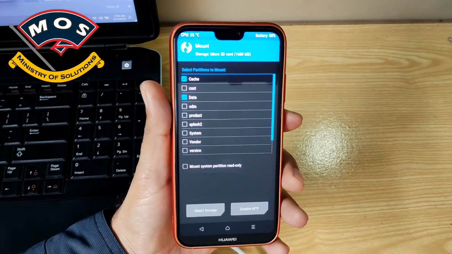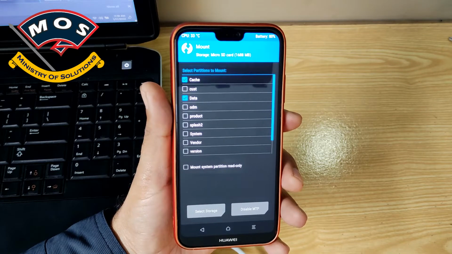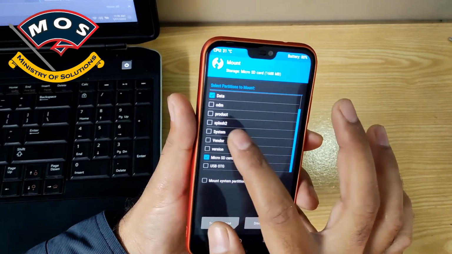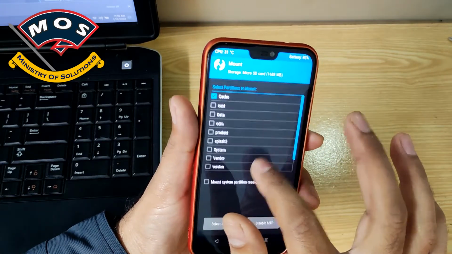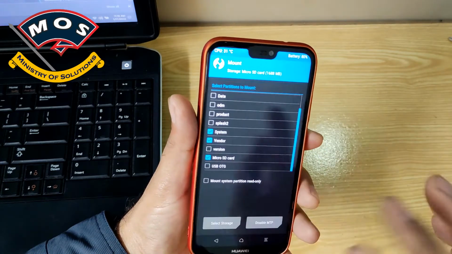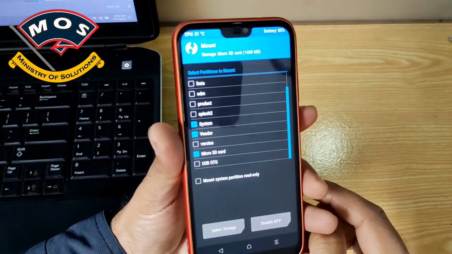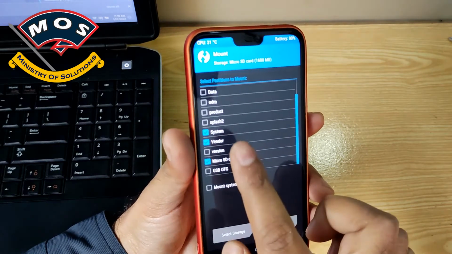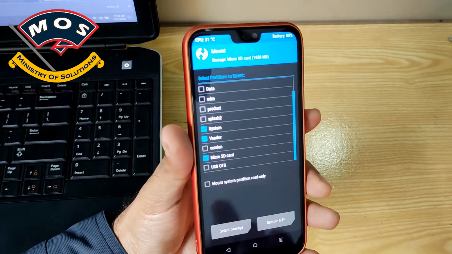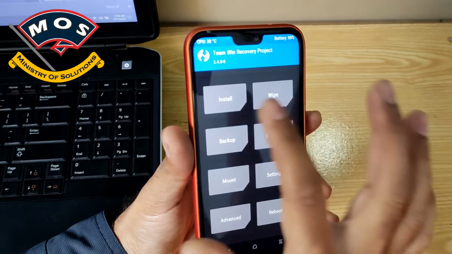Once flashing is complete, you need to tap on mount and unmount all partitions. Only tick system, vendor and SD card. We should remove ticks from all other partitions. Only system, vendor and micro SD card. Once you have done it, go back to the main menu of TWRP recovery